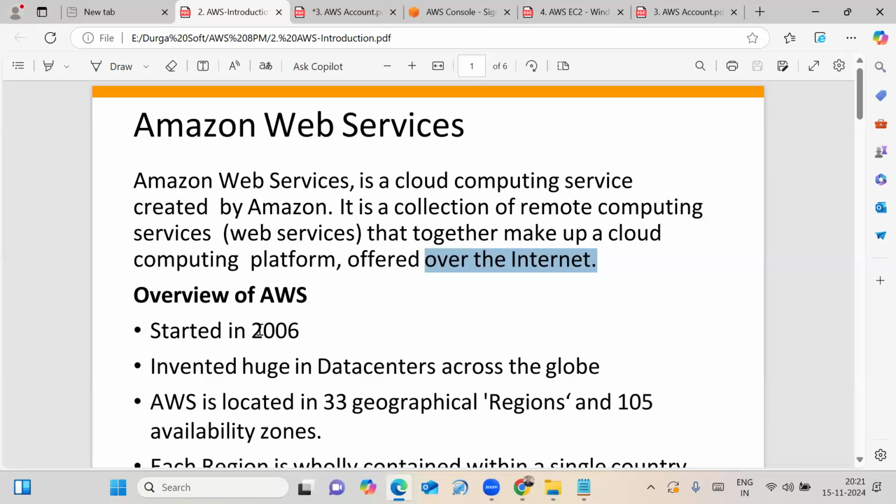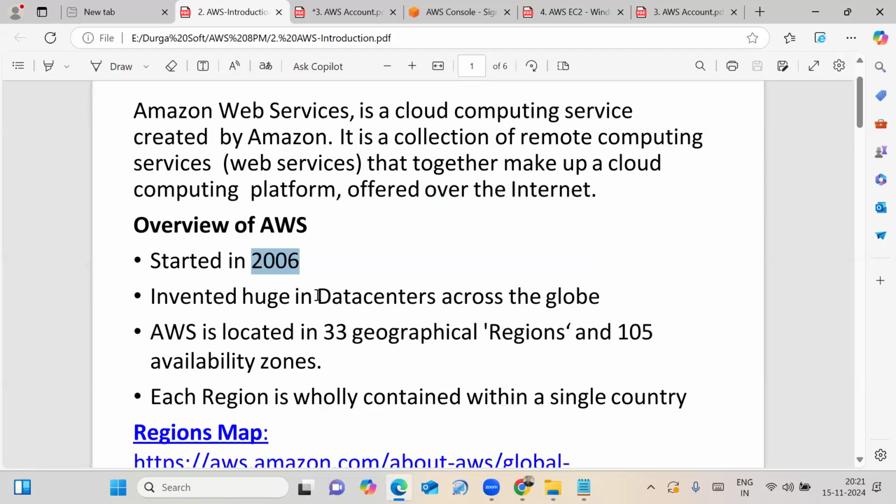It started in 2006. Sir, how does it cover its services throughout the globe? That is with the help of their data centers. With the help of their data centers, it covers its services globally. Right now, how many regions and how many availability zones are there?